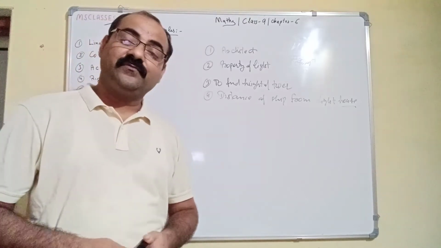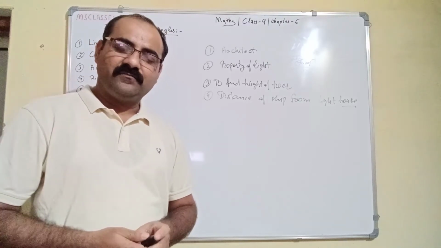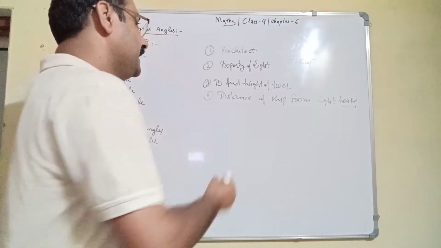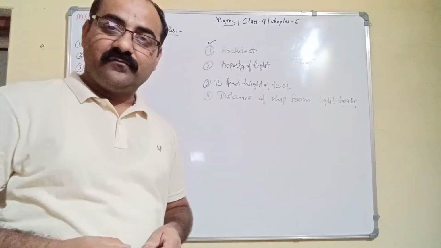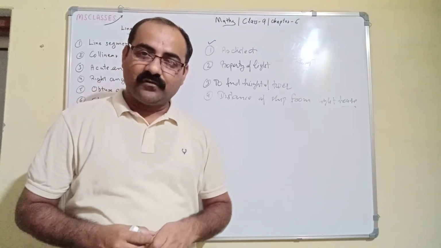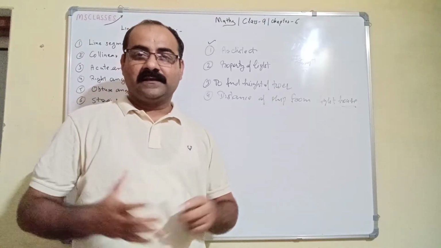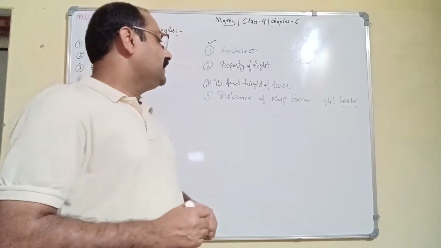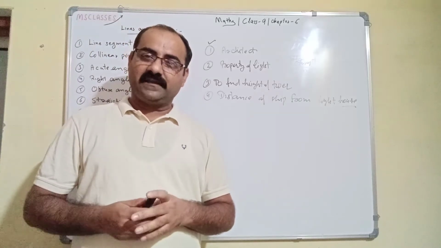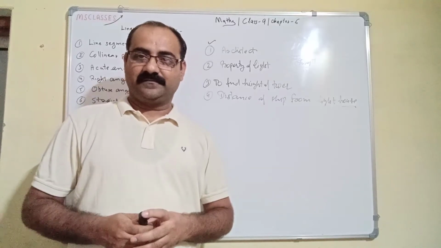Okay. So guys, before discussing lines and angles, we will discuss a few examples where we use lines and angles. Guys, you see, every architect knows about lines and angles. If he doesn't know about lines and angles, he is not able to draw the sketch. And how to find out the height of the tower? If we have to check what is the height of the tower, then without lines and angles we cannot find it.